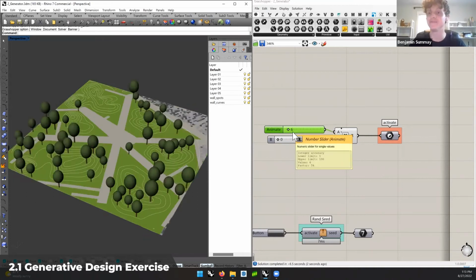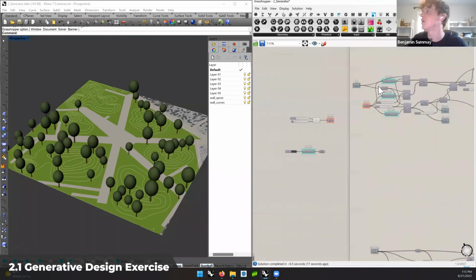And something that we've done for this that's pretty exciting is you can animate this and have it generate 50 or 100 JPEGs of just all the different iterations of this, and then you can filter through those and see like, okay, this is providing something interesting for your site. But overall,